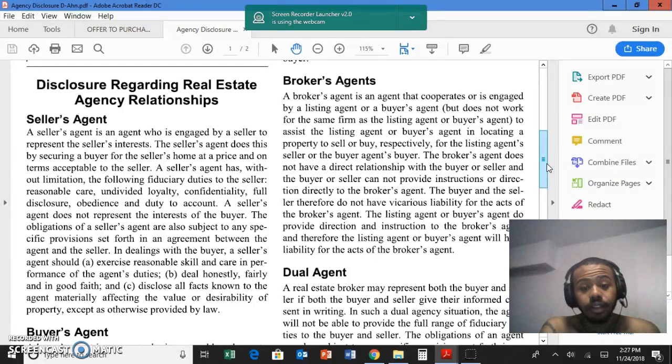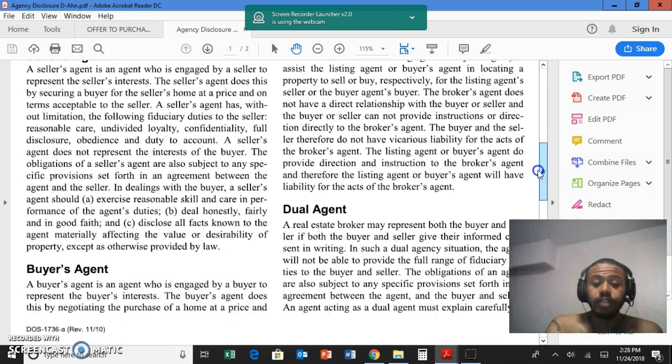The buyer and seller, therefore, do not have vicarious liability for the acts of the broker's agent. The listing agent or buyer's agent do provide direction and instruction to the broker's agent, and therefore the listing agent or buyer's agent will have liability for the acts of the broker's agent. Now,